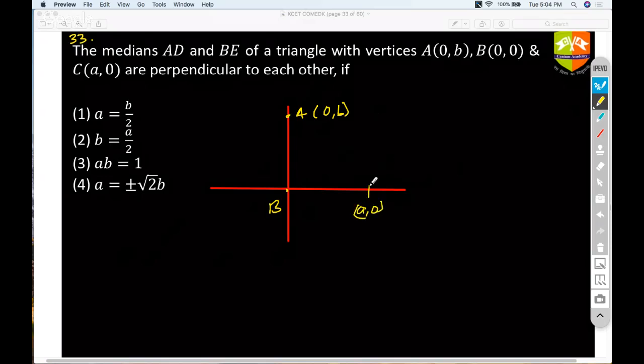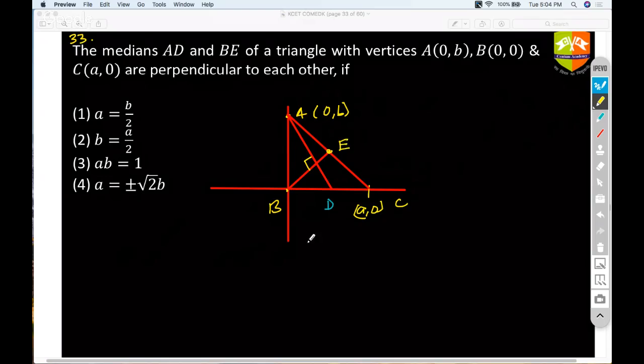So the medians AD, this is your median AD, and BE, they are perpendicular to each other,